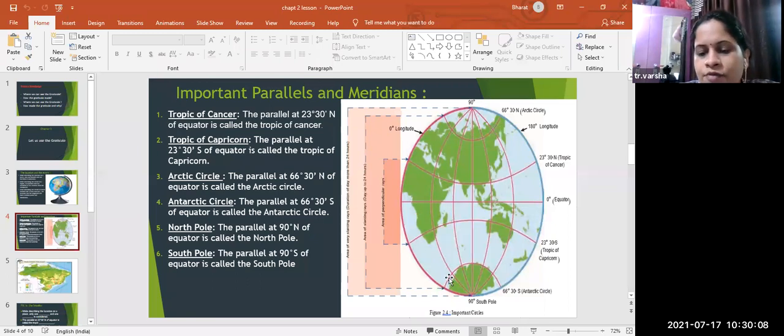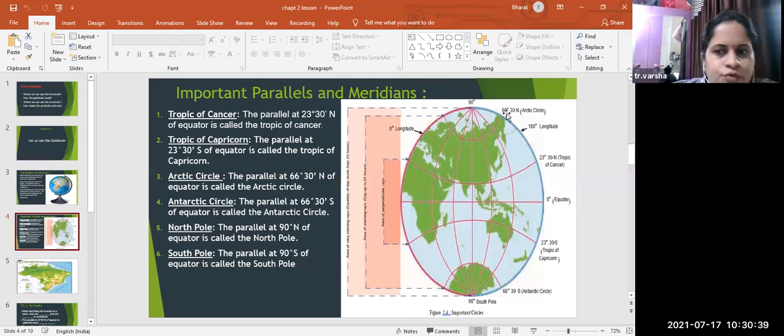And similarly we have one more, that is the Antarctic Circle. These two circles are near the poles, both the poles, the North Pole and the South Pole. And why are these names given? Because of this